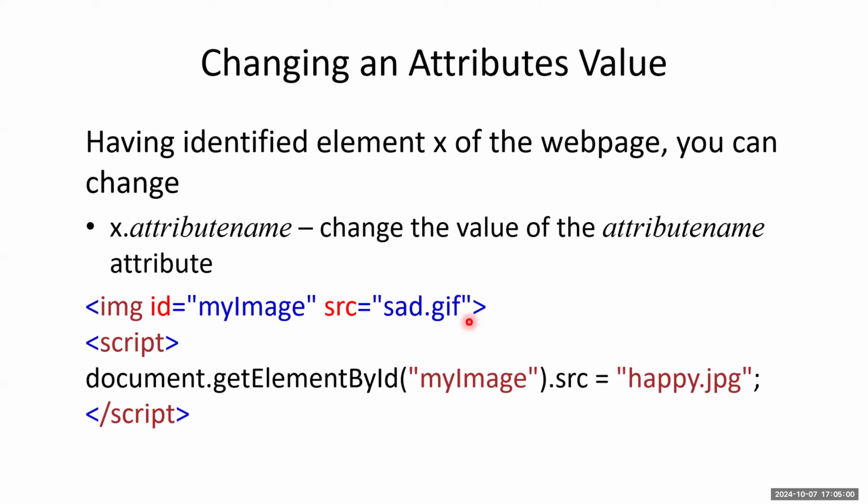One of the attributes is, here, the source. In other words, we have the bracket image attribute that specifies an ID and the source. The source is where this image is coming from. If you don't specify a URL here, it assumes it's on the server where the page is located, and on that server, in the same directory, there's a graphic called sad.gif. And now we're going to change that to happy.jpg. So you can change that, and that will change what image is displaying on your web page, as determined by the JavaScript as it accesses the domain object model.